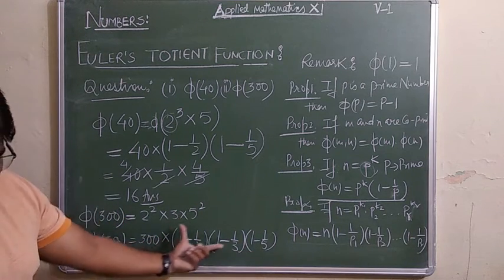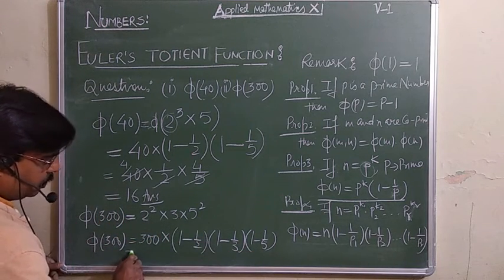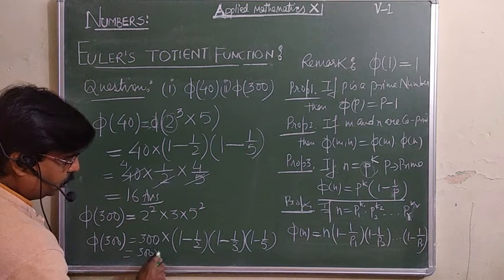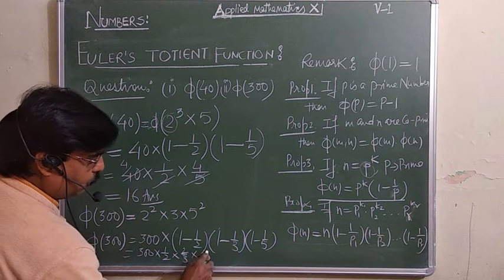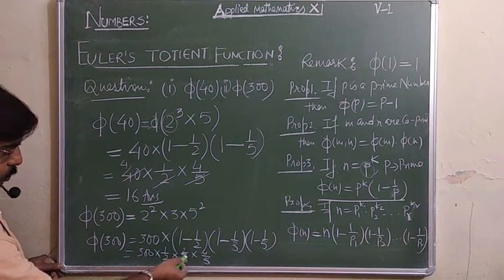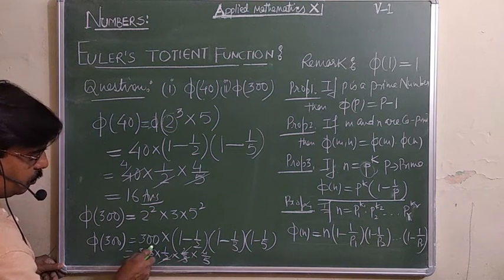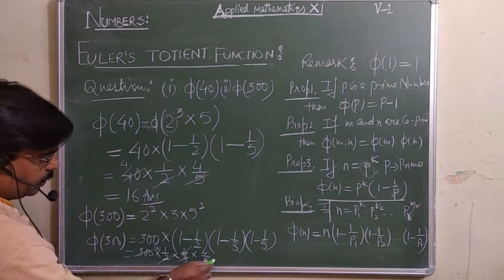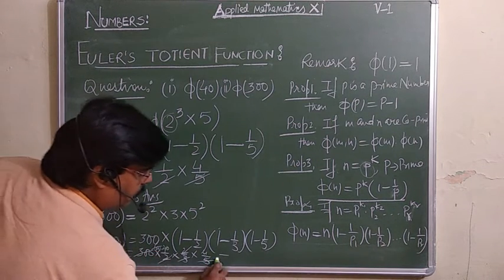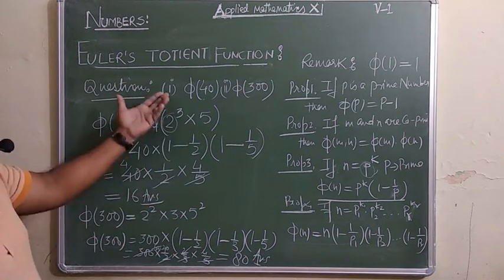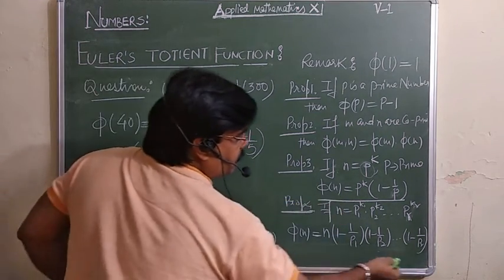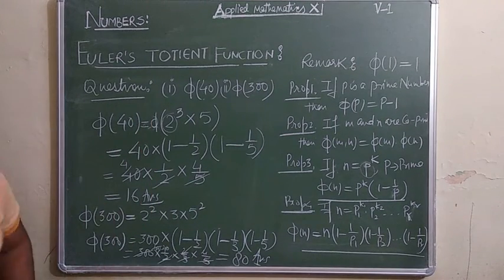And when you solve this, you will see that it is 300 into 1 by 2, 2 by 3 and 4 over 5. So you can solve this, 2 and 2 cancel, this is 100 and this is 5 twos are 10, 10 times 8... so that is equal to 80 as your answer. So likewise you can evaluate this only by using these points. Have a look.